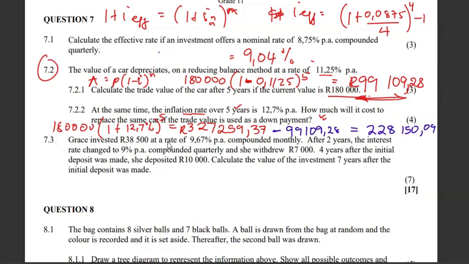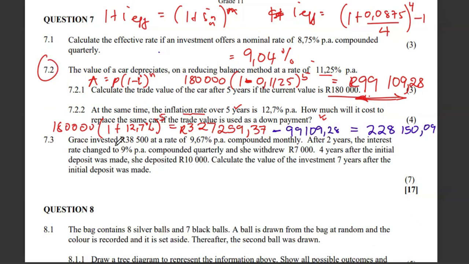So that is what I would have ended up with in that case. Okay, so that is question 7.2. And then question 7.3,